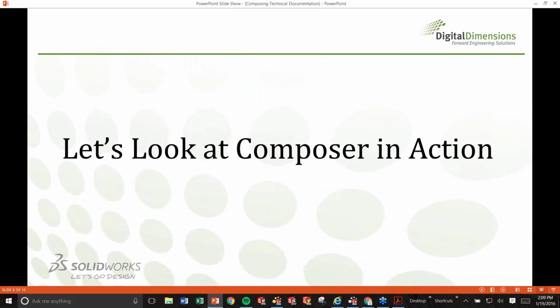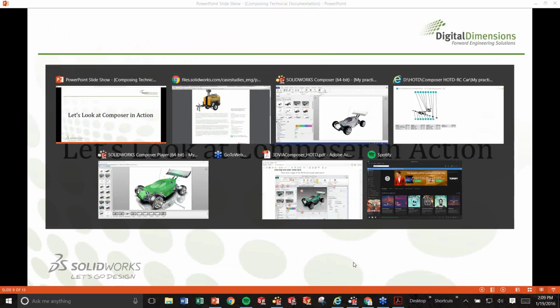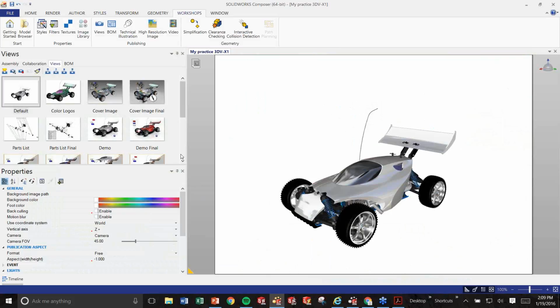So with that, let's take a look at Composer and see what we got here. I have some of this pre-prepared, and some of it we'll work through as a little demo. This is a little RC car that's been designed in SolidWorks, of course, and imported in here very simply. And for those of you who don't know, I'll give a brief overview of the Composer